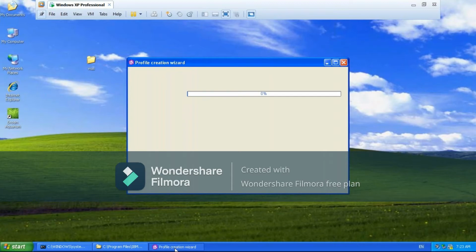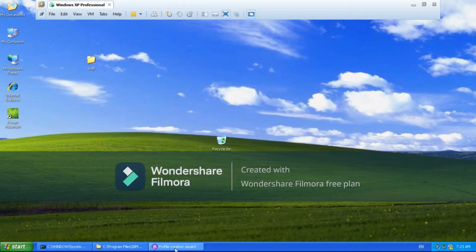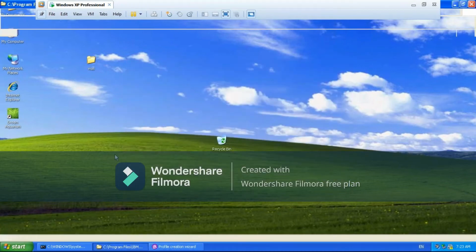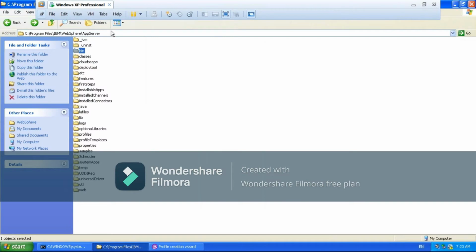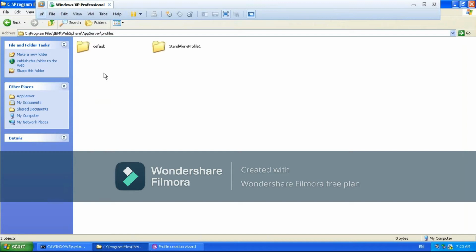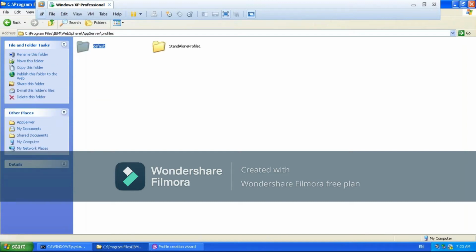We will discuss whatever we had yesterday, and if you have any doubts, we'll give the clarity. Now, see here. This is the WAS home. In the WAS home, if you go inside the profiles, by using this WASM product binaries, we already created yesterday the default profile. Now we are creating one more profile, a standalone profile.